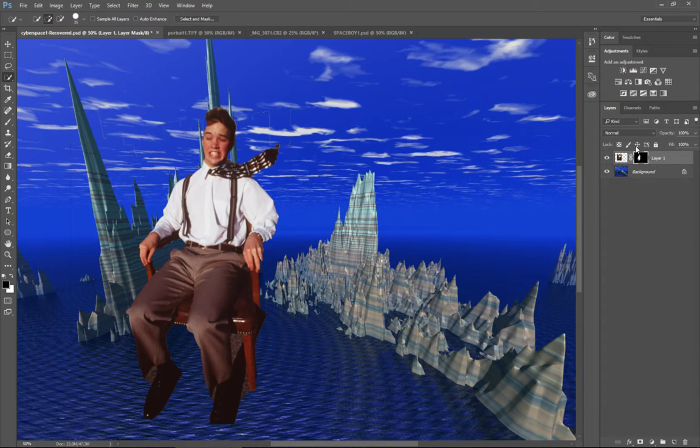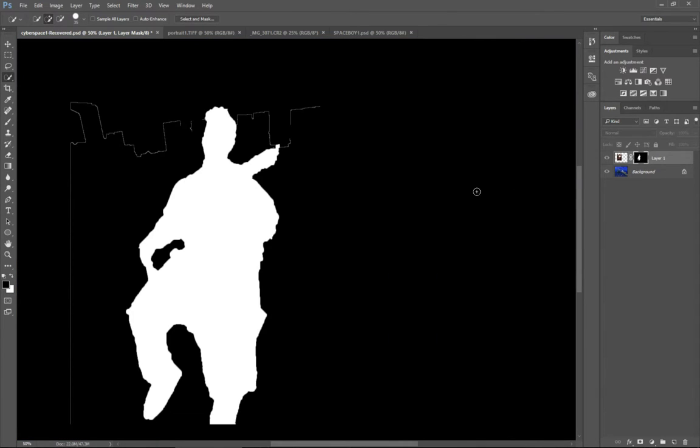I'm going to Alt-click. You'll notice over here in the layer that this new thing showed up on the layer. And if I Alt-click into the layer, you will see my mask. The way that Photoshop does a mask is actually really simple. Wherever there is black, it hides that part of the layer. It makes it transparent. Wherever it's white, it shows that part of the layer. This is really, really cool, because it also allows you to paint your mask. So if I go to the paintbrush tool, and I just click once here, and then we get out of the mask,